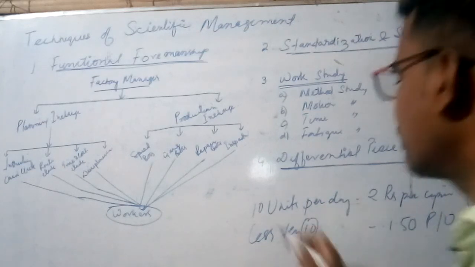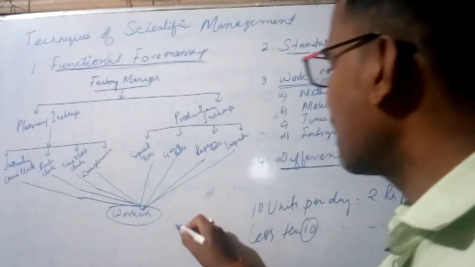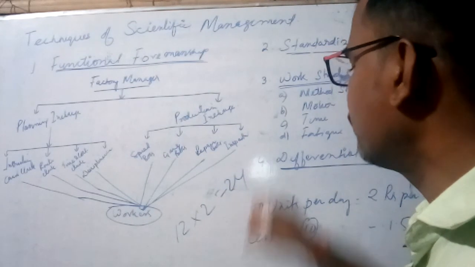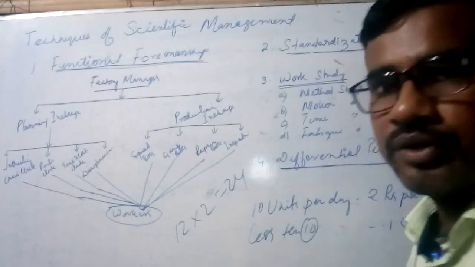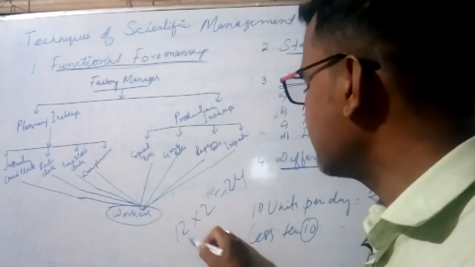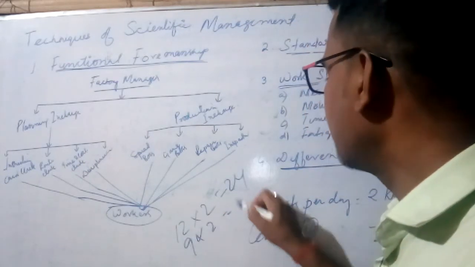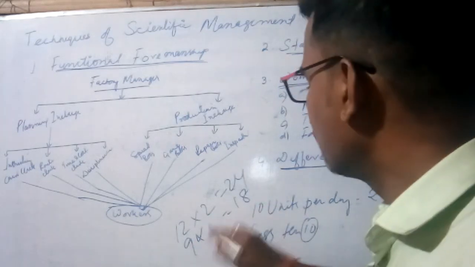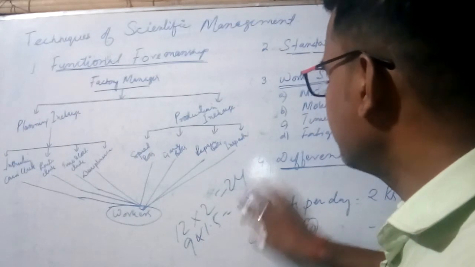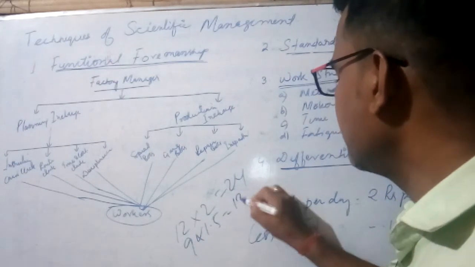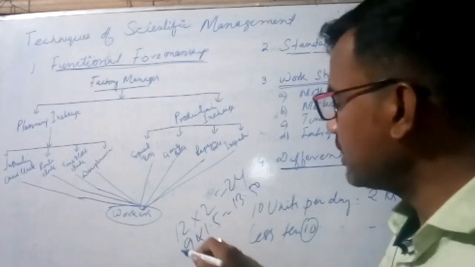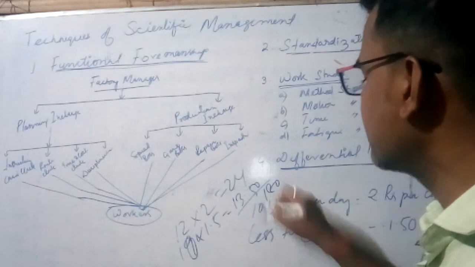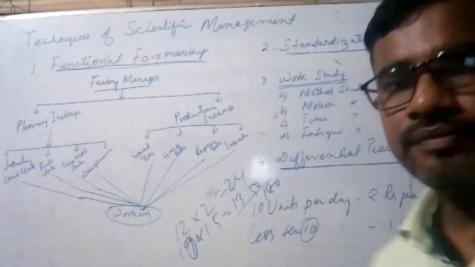Say if anyone is working more than 10, किसी ने अगर 12 यूनिट प्रोडक्शन किया तो into 2, then he will be getting 24. So if anyone is doing production less than 10, say for example 9, 9 into 2 is equal to 18. So if he is getting 1.5 per unit, then 9 into 1.5 will be 13.50. So if he gets 2 per unit, he will be getting 18 rupees, so he is getting almost 4.5 rupees less.